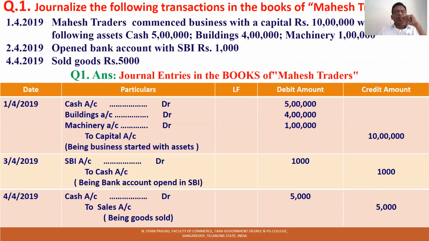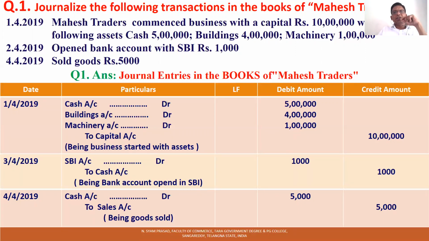When Mahesh started business with rupees 5 lakhs cash, this entry is based on the business entity concept, where Mahesh is different from the business which he started. There is a distinction between Mahesh and the business. That means when Mahesh started business with rupees 5 lakhs, Mahesh is giving 5 lakhs to the business. So 5 lakhs is coming in, cash is coming in, cash is debited. And who is the giver? Mahesh is to be credited. Usually cash account debit to Mahesh capital account. Simply we may write cash account debit to capital account.